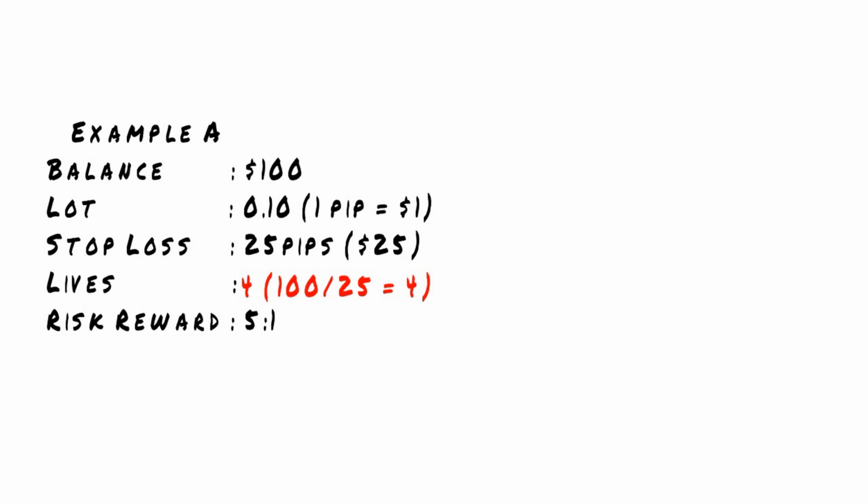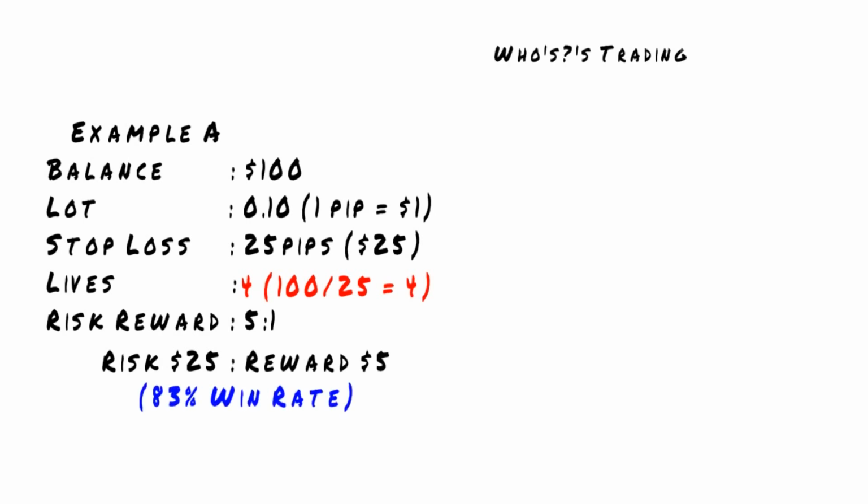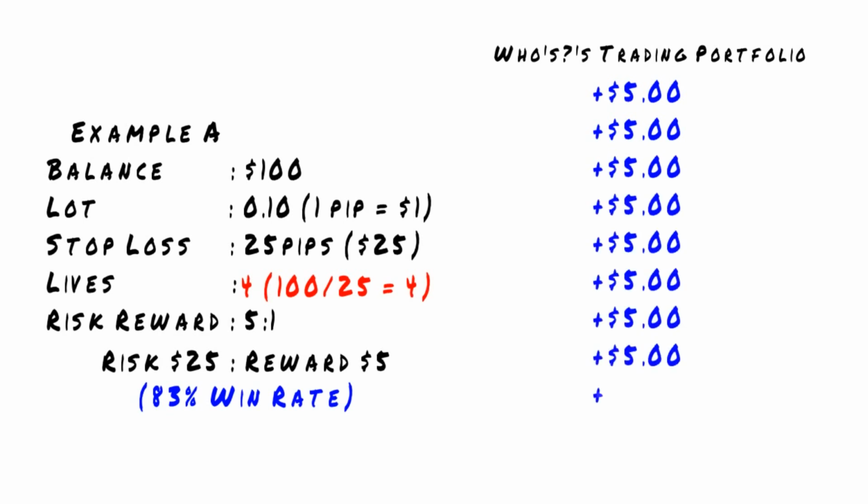You have 4 lives to lose. Lose 4 lives and you're game over. You work on a 5-to-1 risk reward ratio plan which possibly had an 83% win rate. You're risking $25 to gain $5. You enter a trade, the market favors you and your account grows strong with your constant monitoring. You won 10 trades in a row but the 20% loss rate hits up.